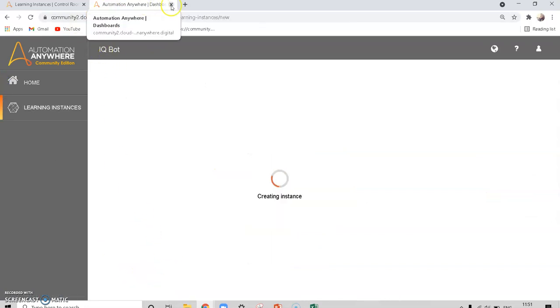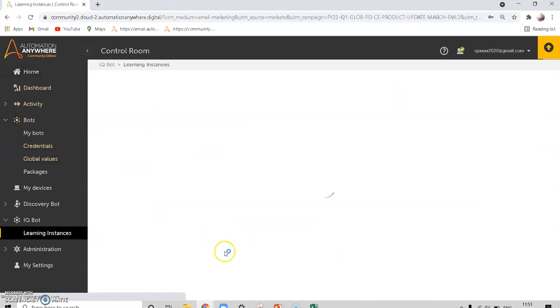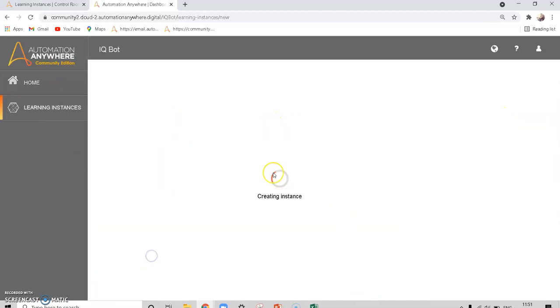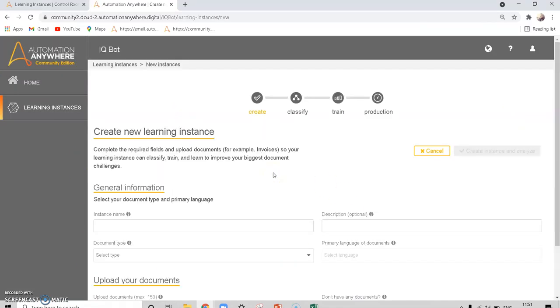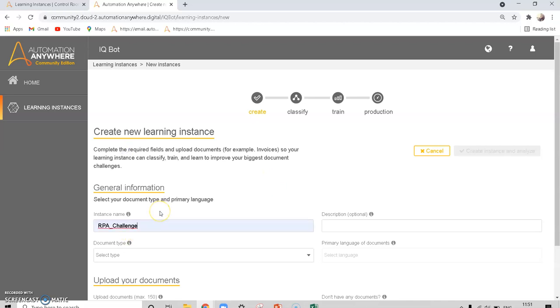I will create a new learning instance. You have to go to IQBot, train another document, get started. Here you can name it RPA challenge invoice.